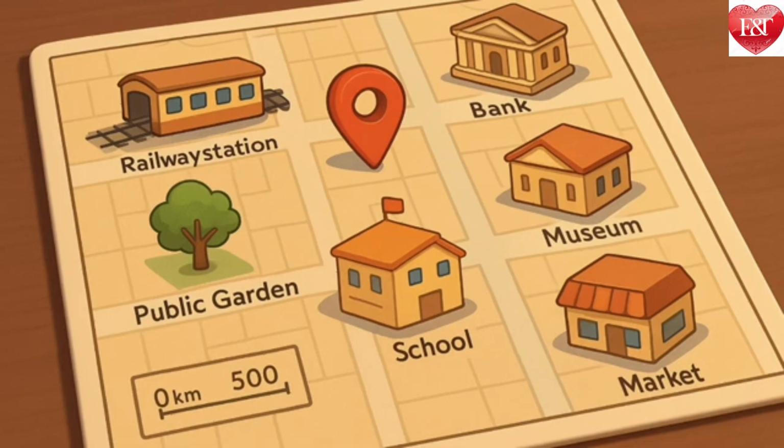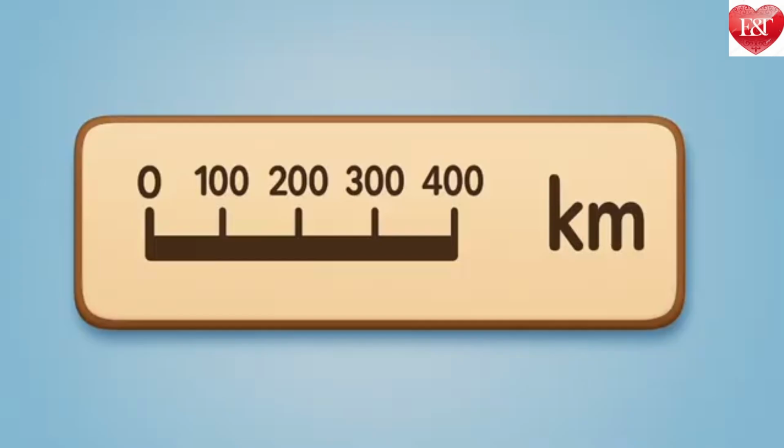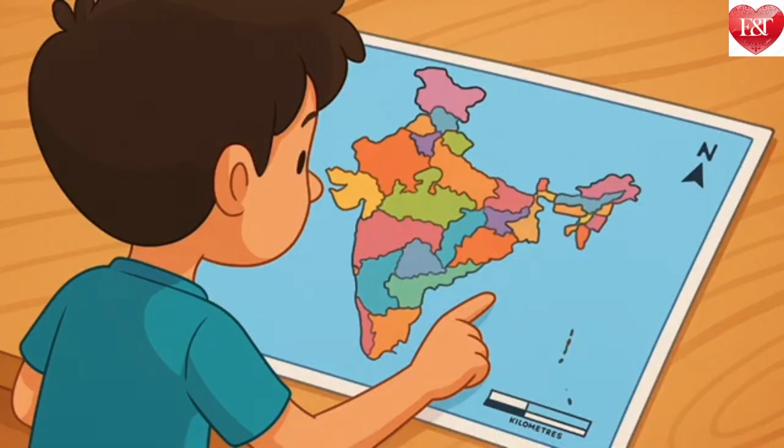In chapter 5 of this textbook, the scale is represented in the bottom left corner by a ruler with 500 written above its length and kilometer on the side. It simply means that this ruler, which measures 2.5 centimeters in the printed map, corresponds to 500 kilometers on the ground. So, the actual distance between 2 points represented on the map depends on the scale that the map is using.